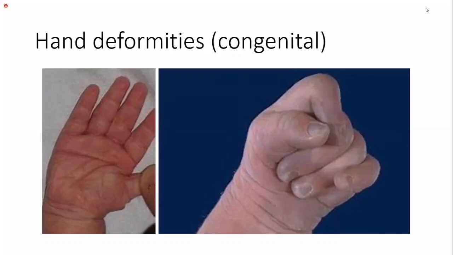That means you have an extra chromosome. So if you have three 21 chromosomes, you get Down syndrome. You get a single transverse palm crease. If you have three 18 chromosomes, you get Edwards syndrome. If you have three 13 chromosomes, you get Patau syndrome. Right? So this abnormality in the hand is seen in both Edwards and Patau syndrome.